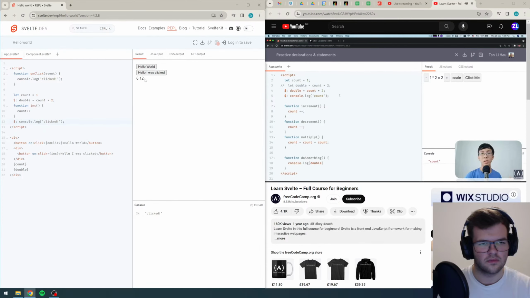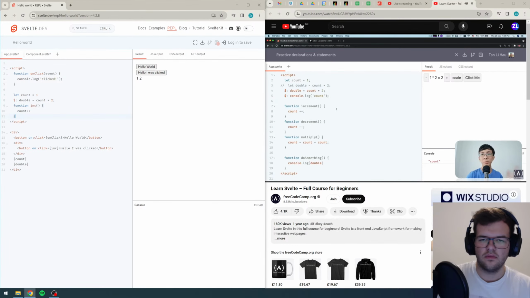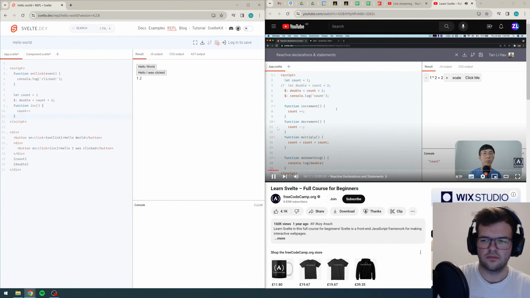And how do they work? How they work is that they will look at what I call the dependency of the statements. What dependency means is that these reactive declarations or statements depend on something. And what is that something? That something is state variables that are